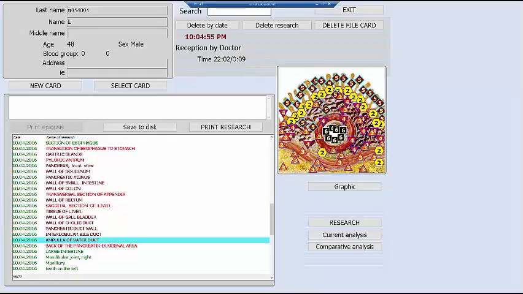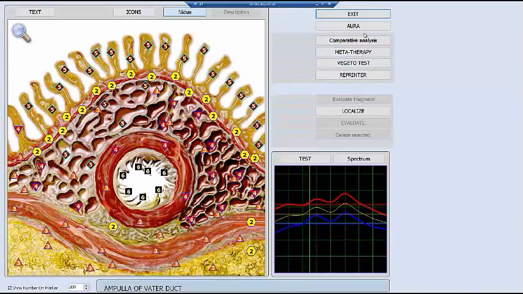And when that gets unhealthy, it leads to all sorts of problems with the gallbladder, the liver, the pancreas, the spleen. This is a really important little organ in the body, and so we always like to check this one. But you can see here, the actual duct wall itself, the little donut in the center, is not in a good condition. So let's click current analysis and go up and click aura,